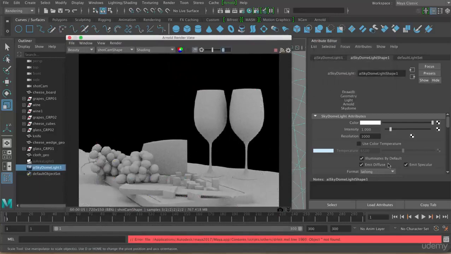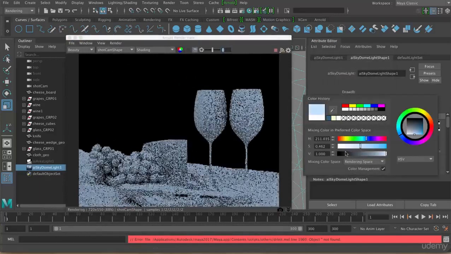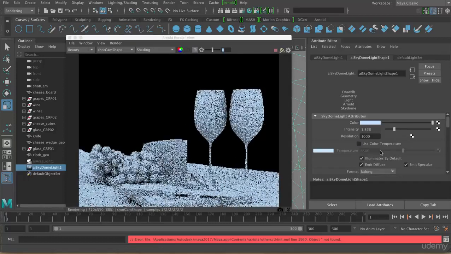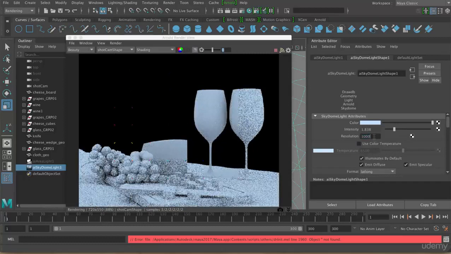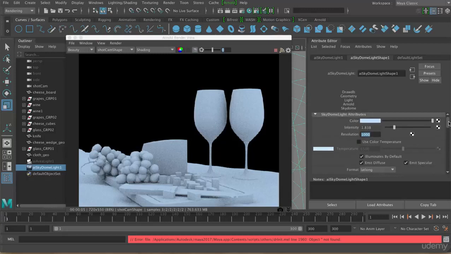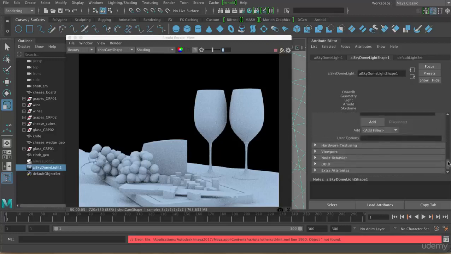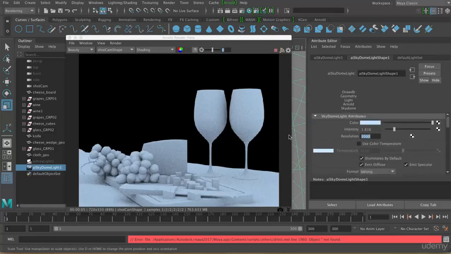So we can map that. We can change the color of that, for example, to blue, and you can see it changes there. We can change the intensity just like a regular light, and we can change the resolution. So this resolution is related to the HDR map that you would apply to this color. So we'll talk more about this later because we're going to use this in our scene, but I just wanted to introduce you to that. All these other parameters are very similar to the area light that we saw, and we'll take a look at this format a bit later as well. So I'll just get rid of this,